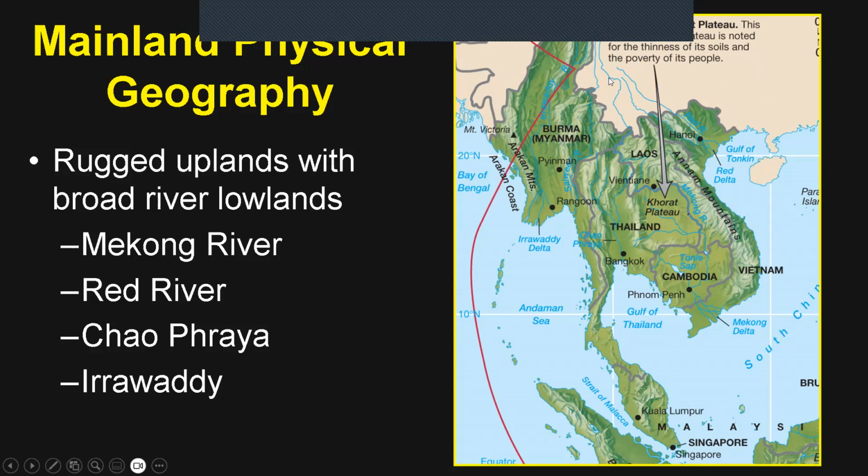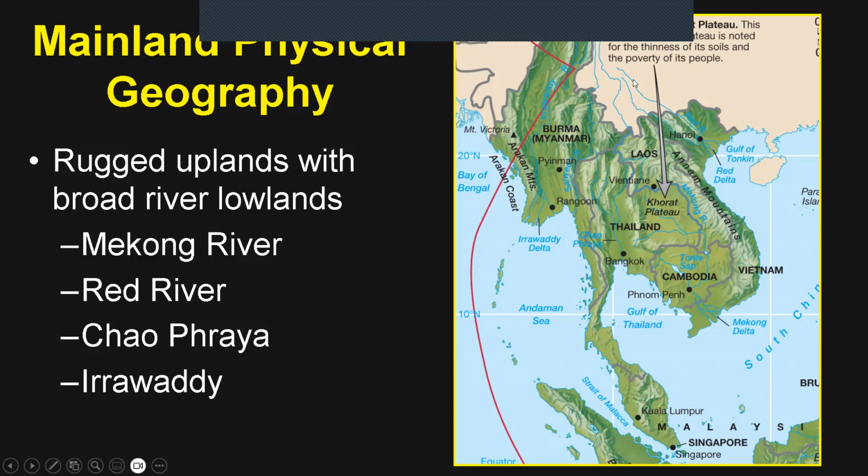The Mekong River is one of the largest ones in Southeast Asia and the most important one for traffic. And as you can see, it comes here and goes along the border of Myanmar and Laos, as well as the border with Thailand. And if you go there, you can see all three countries on the Mekong, which we were able to do in our study abroad. And then it makes its way down on the border with Thailand and Vietnam, and eventually goes through Cambodia and exits in the Mekong Delta out in Vietnam. And that's a very important river, not only for agriculture and settlement, but also for trade. You saw lots and lots of boats going both ways from China coming to Southeast Asia and vice versa.